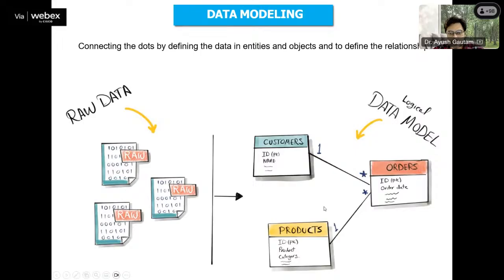Data modeling, understood? So like this is the customer file, this is the order file, and this is the product file. Now orders are related with the customers as well as the products. So that's why here orders is in the center. So orders are connected with the customers and orders are connected with the products. So that's how we are creating a relationship. These are the three different data sets from three different stores. Now we extract the data from all of these three files. We combine those data, and this is somewhat the final output. Okay.